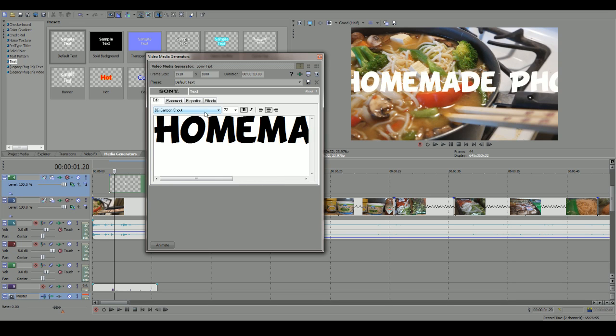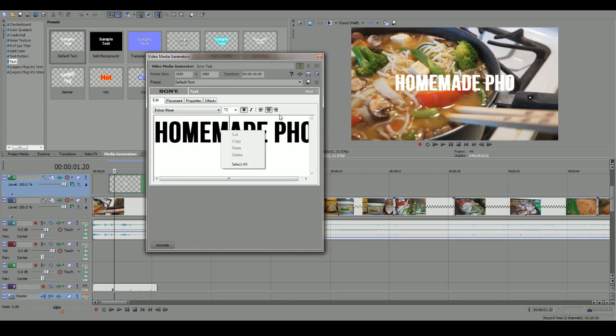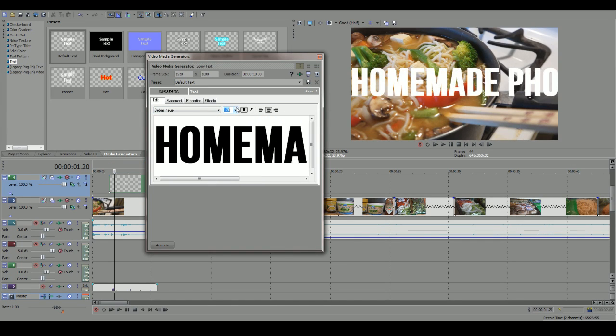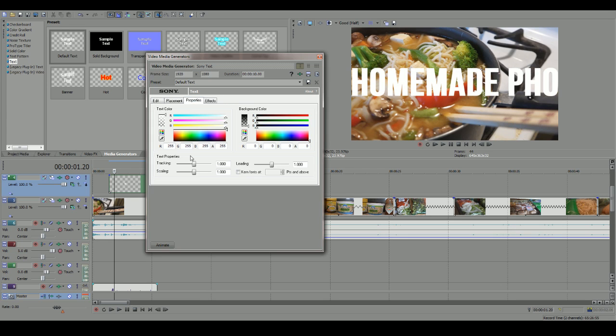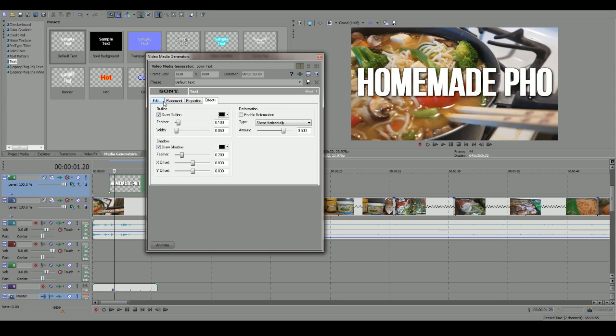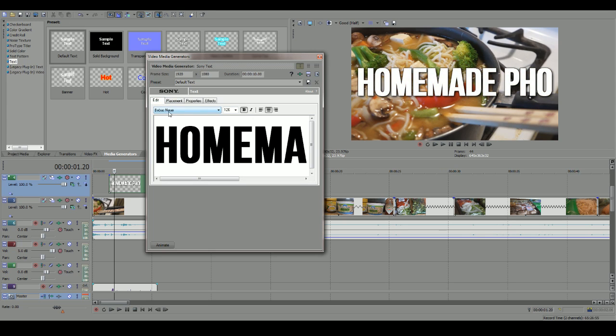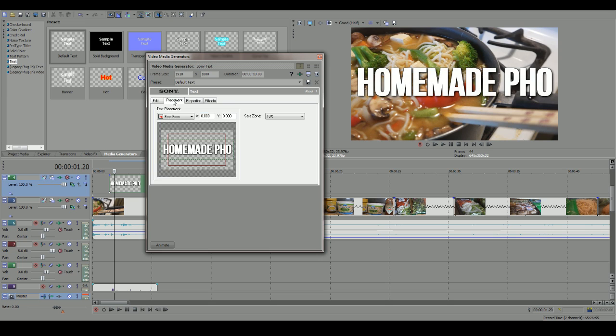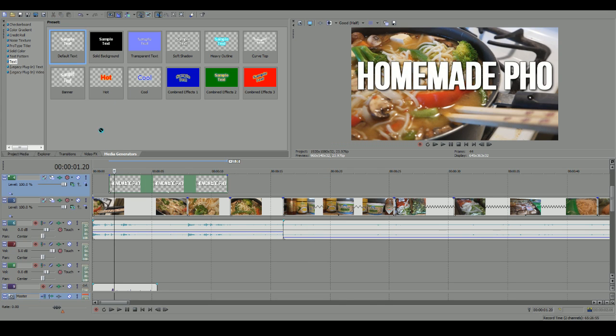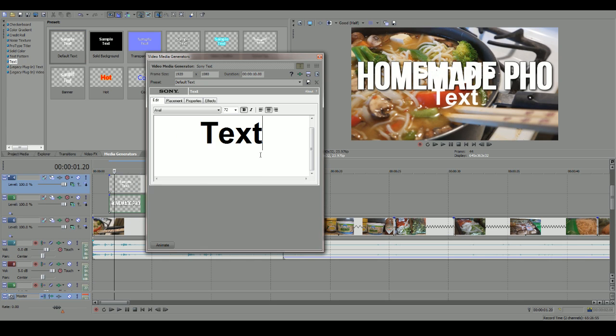So I like to use a little pro tip here, a little secret into my world that you guys are getting kind of free access to, because I definitely don't tell anybody this in YouTube land or in real life. Bebas Neue is the best free, royalty-free, copyright-free font that you can use. Bebas Neue, right there. Screen cap it because I'm moving on. It's literally the most professional block letter, very easy to read, standard font that you can have.